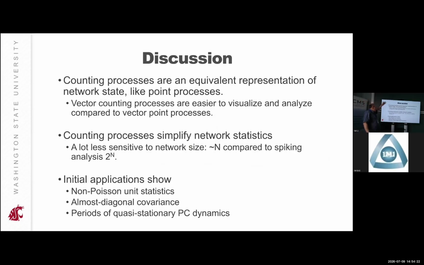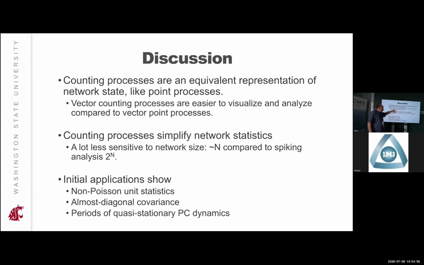The things I want to stress: counting processes are equivalent representations of network state. We can go back and forth. In some cases, point processes are going to be more helpful. In some cases, counting processes are going to be more helpful. To me, the vector counting processes were easier to visualize, easier to analyze with continuous tools compared to the point processes. I can get some network statistics easier,